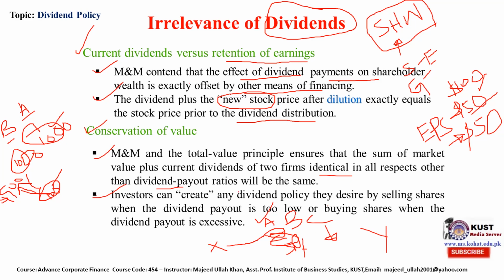So the theory says that shareholders have a choice in the open market to sell some of their shareholding in a company with a very poor history of paying dividends, and invest in a company that consistently gives a higher dividend on the share. So it is in the hands of the shareholder to create their own portfolio according to their desire.